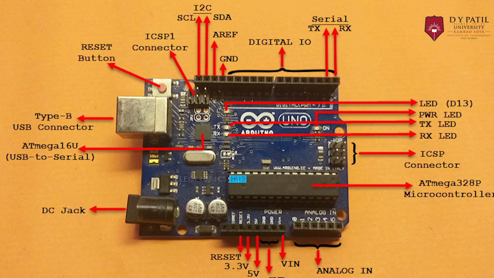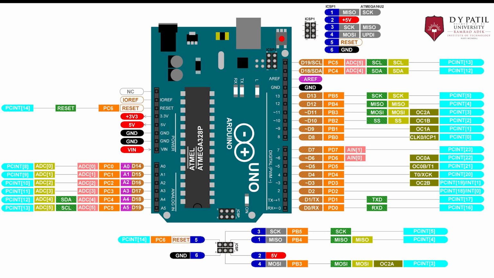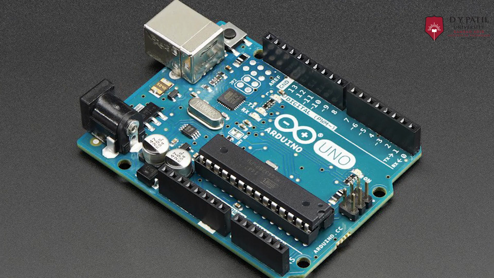Arduino Uno is a low-cost, flexible, and easy-to-use programmable open-source microcontroller board based on the ATmega 328P microchip. It can be integrated into a variety of electronic projects. It contains everything needed to support the microcontroller. Simply connect it to a computer with a USB cable or power it with an AC to DC adapter or